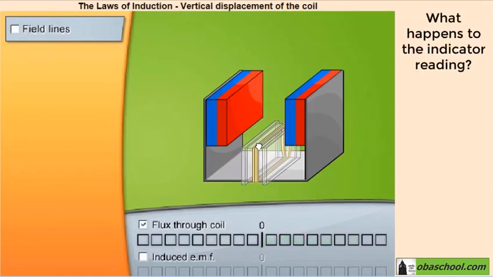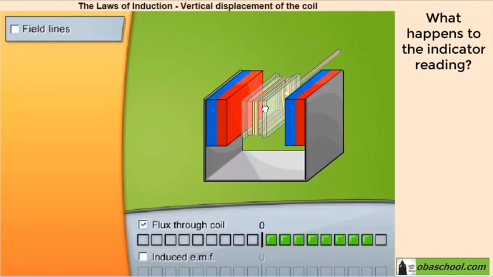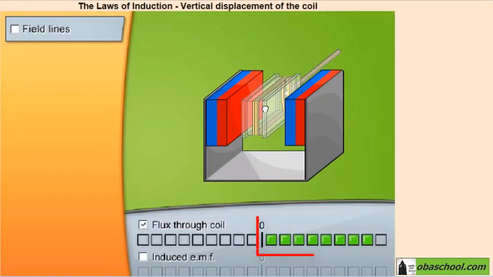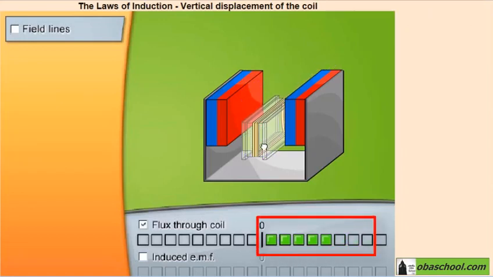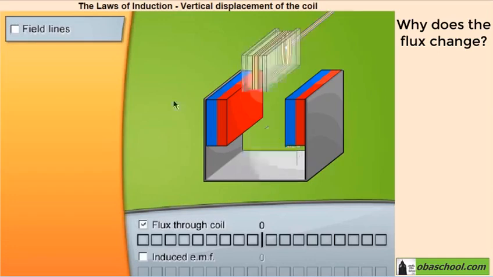What happens to the indicator reading? Okay, let's repeat it. It increases to about 8 squares and then it goes back to 0. Why does the flux change? Because the coil collects more lines of force or flux as it moves into the gap and then fewer as